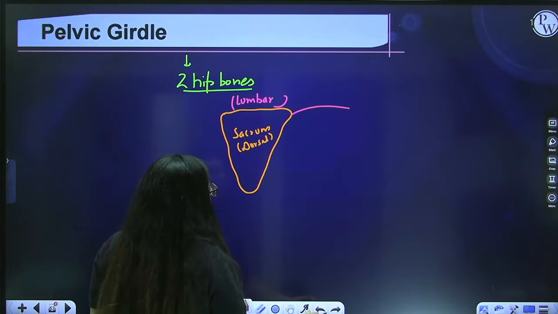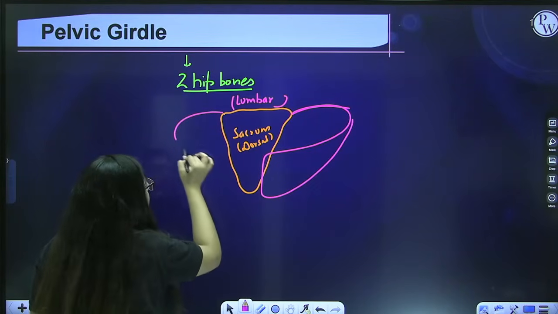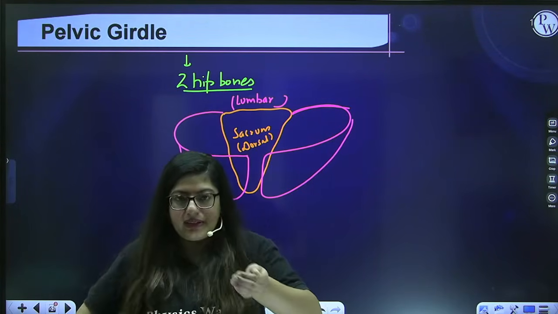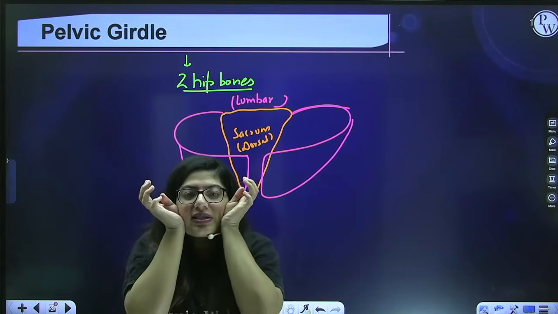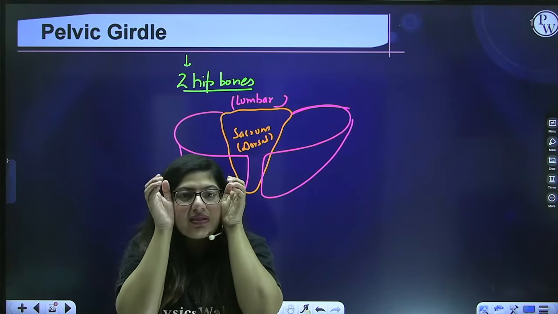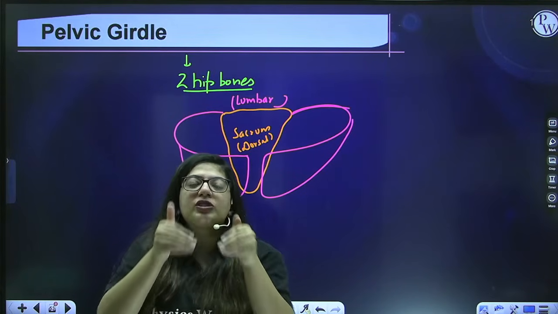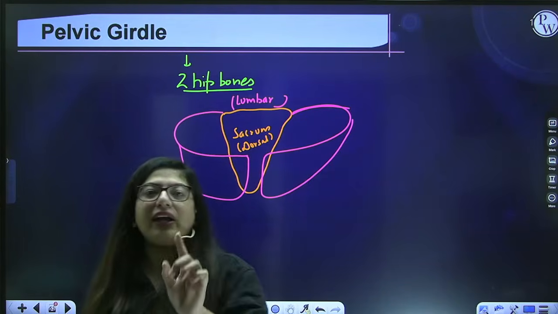Okay, let me just draw this for you. They're curvy bones like that. Okay, they are not flat bones, rather they are little scooped. They are like this. Okay, so if this is, imagine my face is sacrum. So to the dorsal side, it is attached to the sacrum like this, and to the front, it is coming like this, and between these two bones is present a white fibrous cartilage.